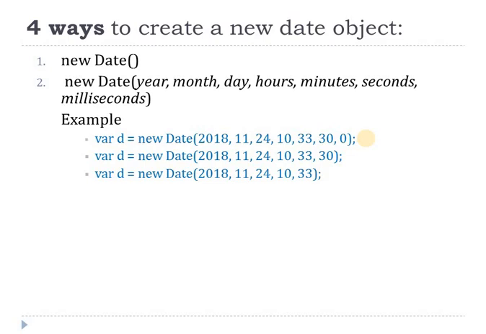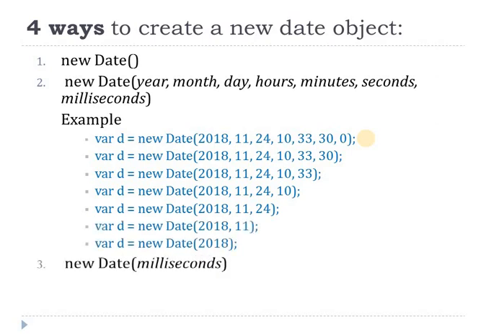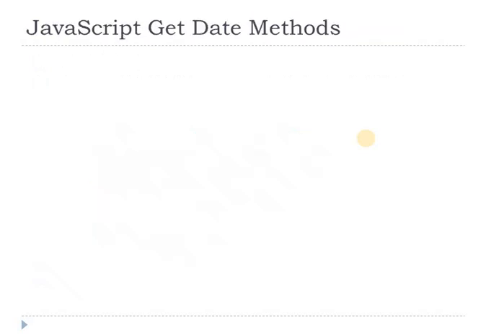After that, minute, second and millisecond are omitted, then just three parameters, that is year, month and day, then only two, year and month. And in the last format you can see that there is only year as a parameter. Now you can also use new Date with milliseconds, and new Date with a date string. So these are all the ways to create a new date object.